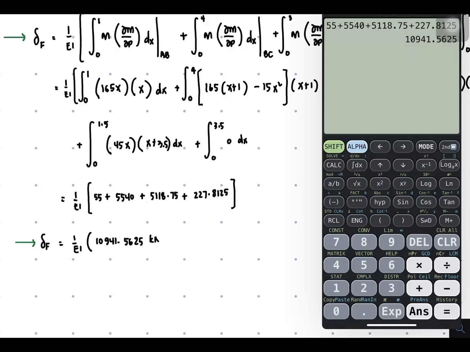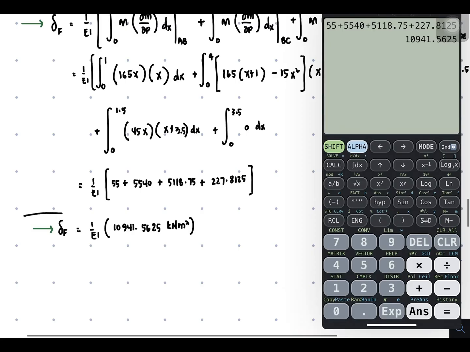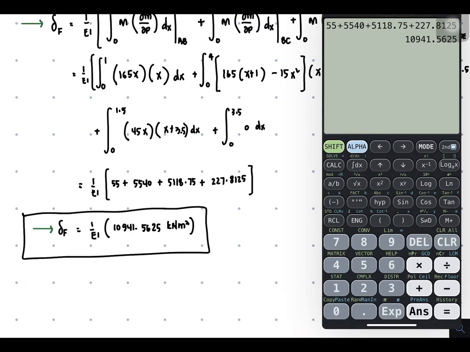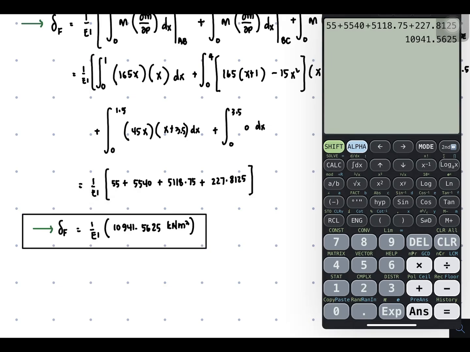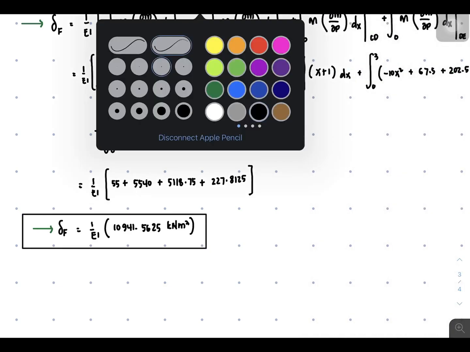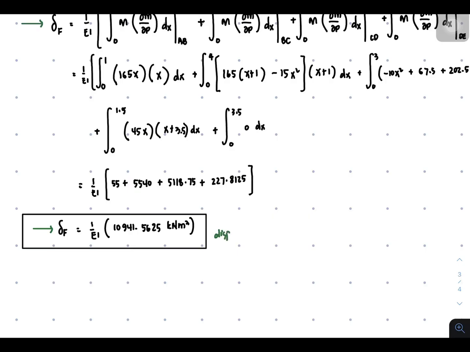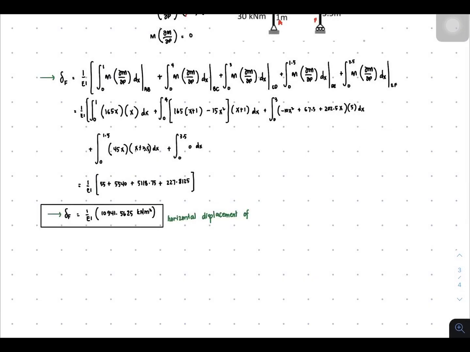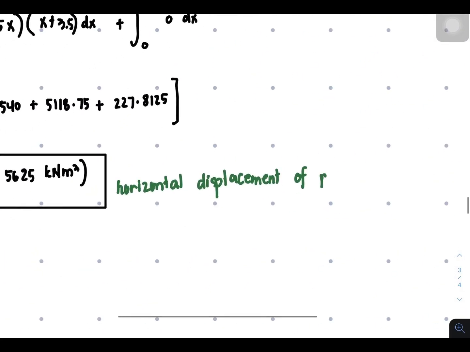The unit is kilonewton cubic meter. And this is our final answer. So this is the horizontal displacement of point